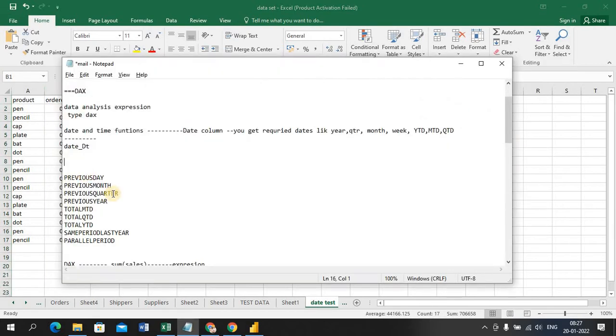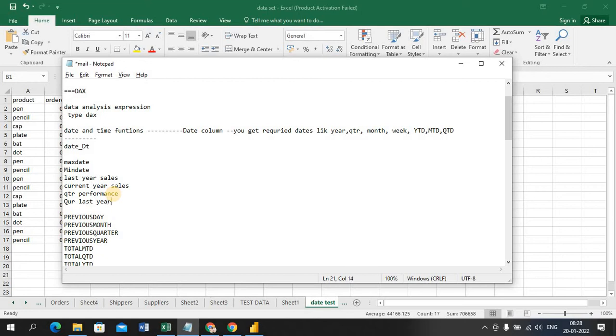On this you have to find max date, min date, last year sales, current year sales, next quarter performance, quarter last year performance.